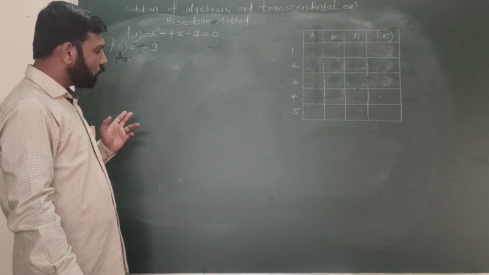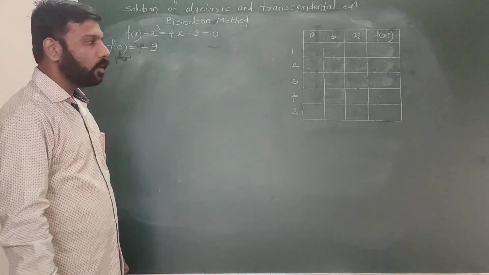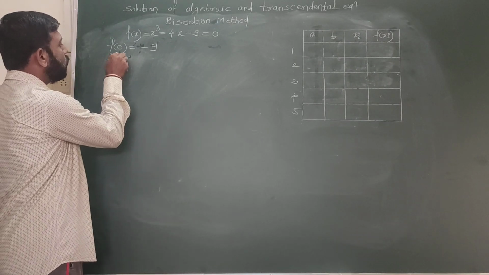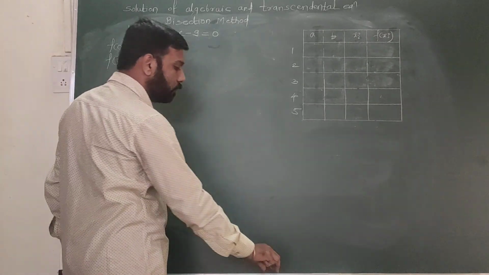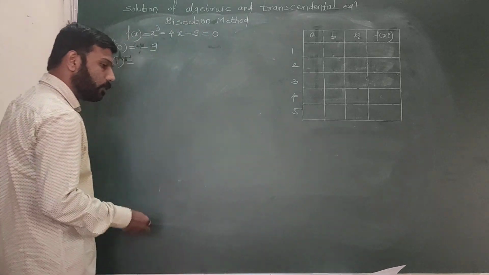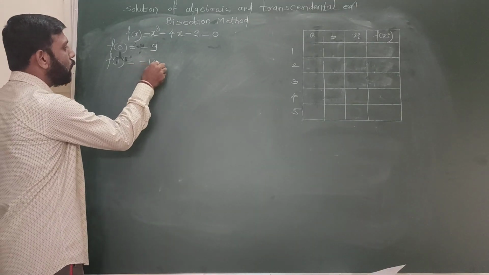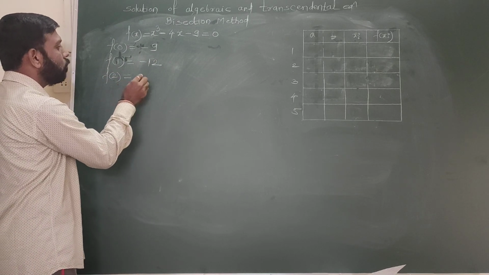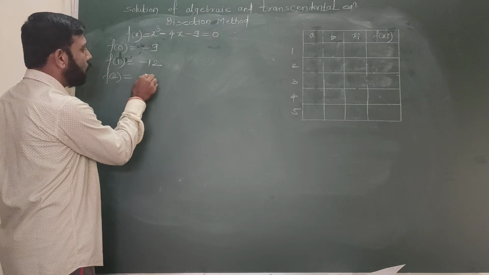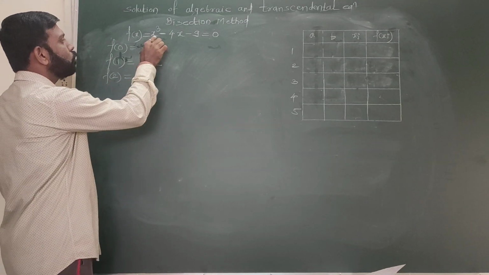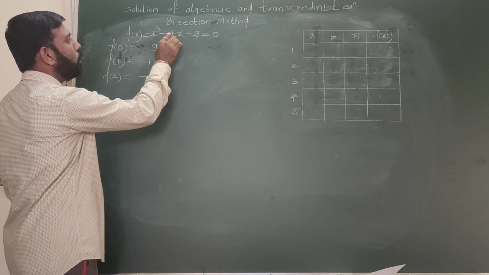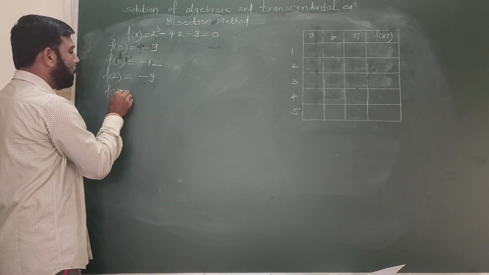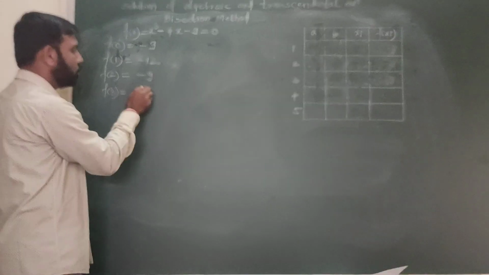We are doing this procedure for finding the interval where the root lies. Next, we are substituting the value 1, and the output of this is minus 12. Continuing, f of 2, the value is minus 9. We substitute 2 in this polynomial, simplify this, then we get minus 9. F of 3, this value is 6.